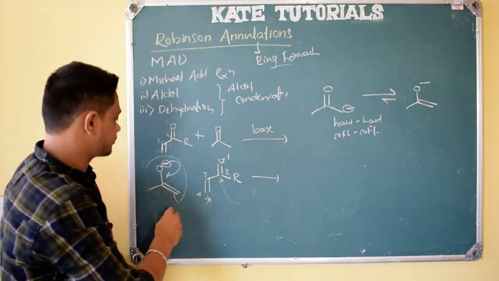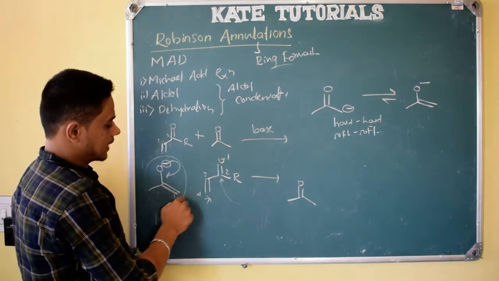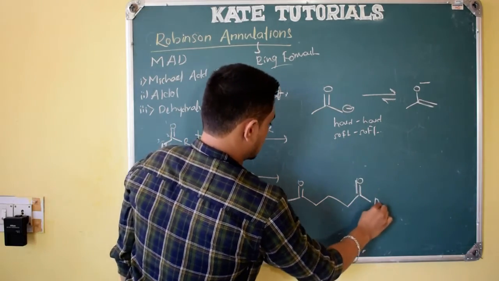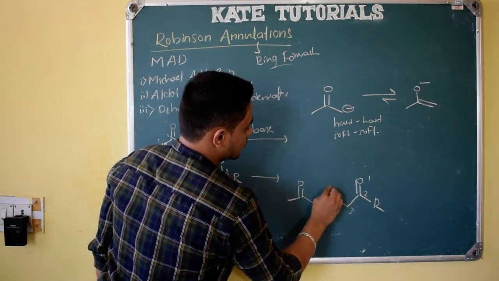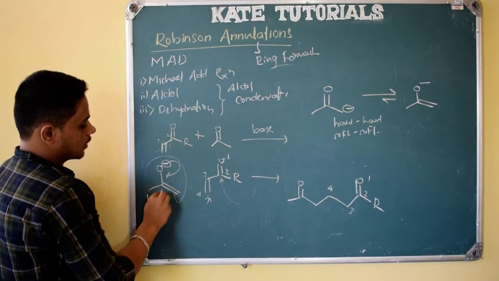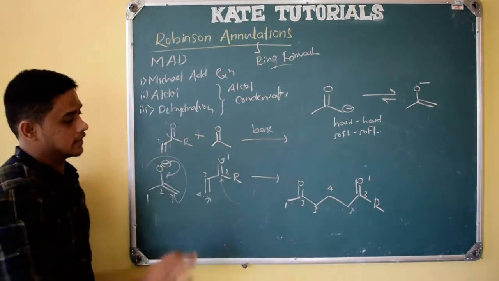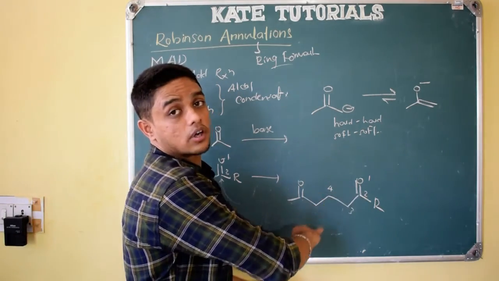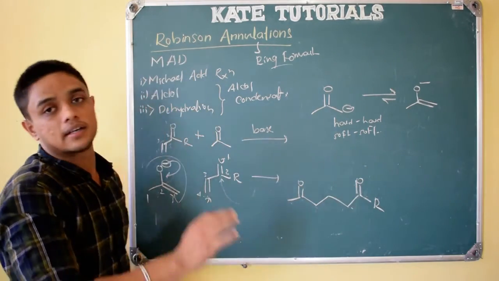So what happens? See here. C double bond O, this carbon attacks this position. So this is 4, 3, 2, double bond O. Right? It is clear, right? So here 1, 2, 3, 4. Fourth position, the nucleophile attached. Here see, if I mention like this, 1, 2, 3. Third position attached to fourth position. Right? In this way. You should not get confused. Initially while writing, one carbon extra or one carbon less will happen. But with time, it will be easier. Right? So this is nothing but Michael addition.